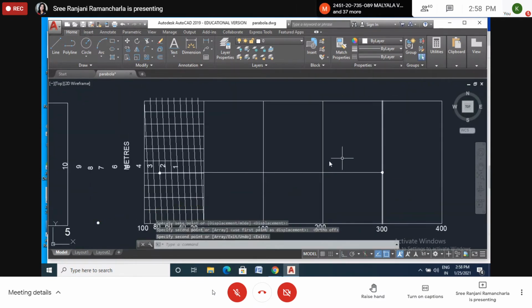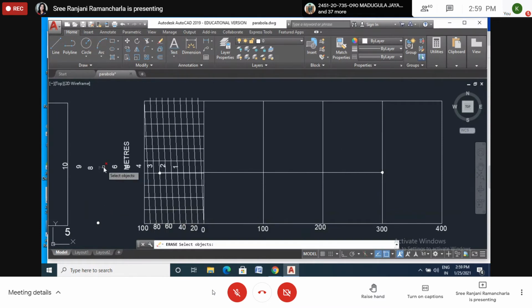Over, finish. So here I will remove this one because I have not set it as 0 degrees. I set it as 90, so it has changed this one. So in the text, see, 90 is there. So 0.